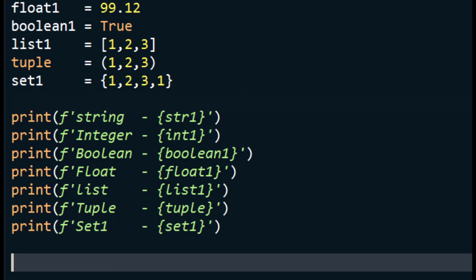The next example, we have written some variables of different data types: float 1, boolean 1, list 1, tuple, and set 1. And then we print all these variables with the combination of string.